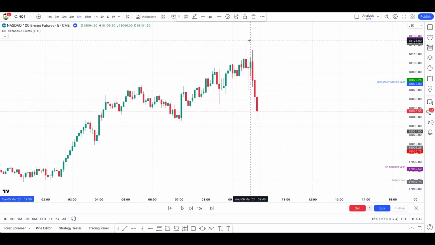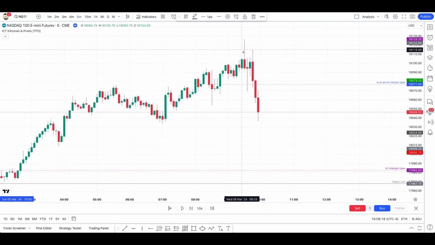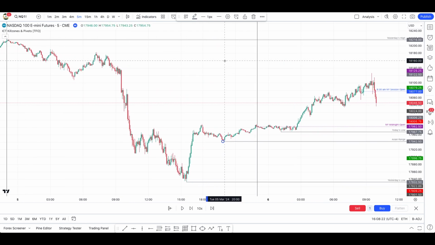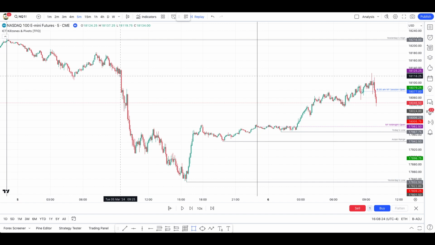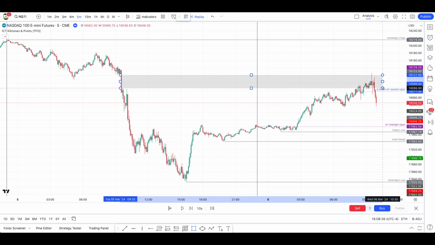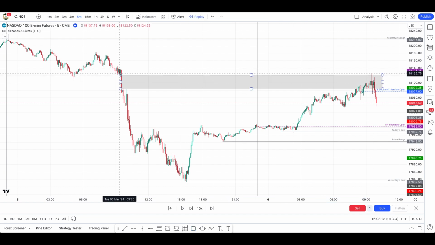Alright, so let's just look at what happened during 9:30. A very good piece of advice I received very early was to never trade around the 9:30. This is when you see a lot of volatility. You see those two big wicks. Those are people getting their stop losses swept. In this case, let's just see what happened. Yeah, it seems like this big fair value gap got filled and we just stopped at the order block right there.